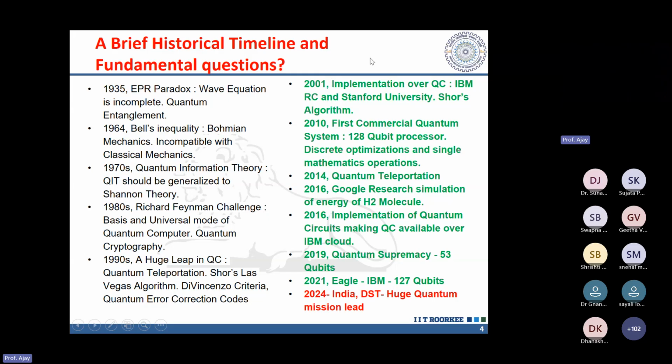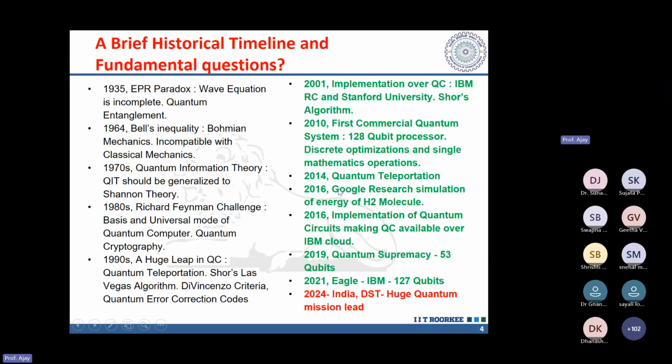So if I go step by step, IBM was the first to implement quantum computing in 2001. And if you look at now, 2025, we are having a huge quantum mission and funds, but a few countries have already taken the lead. We should do much harder work. Okay, so in 2010, the EU already had the visibility of a commercial quantum system with 128 qubits and discrete optimization. And then in